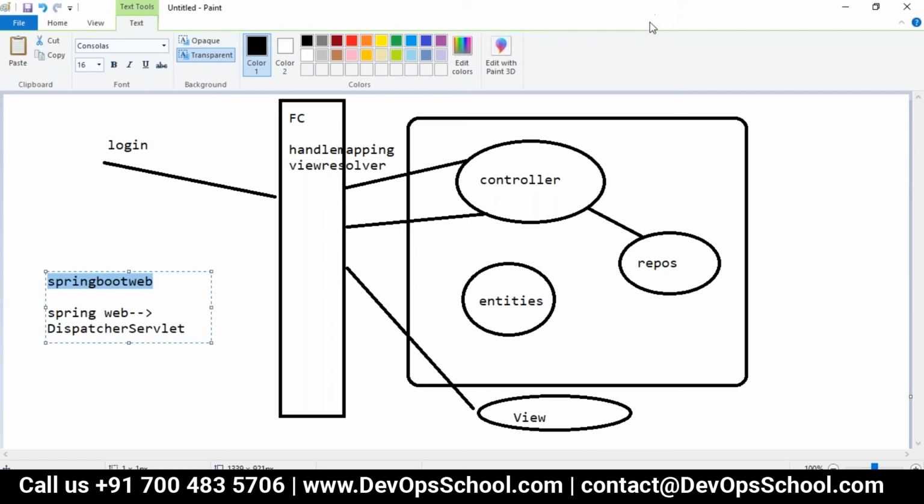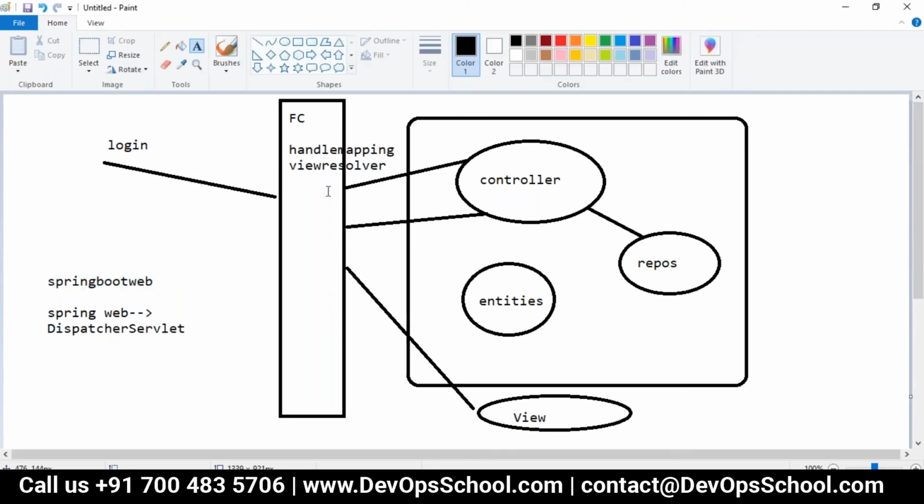Shweta, one question. If we're using Angular as a front end and there are a lot of microservices in the backend, what is the pattern used there? Front controller or MVC? No, there it is an API gateway. Whenever it is only for one application, okay, this is one microservice.